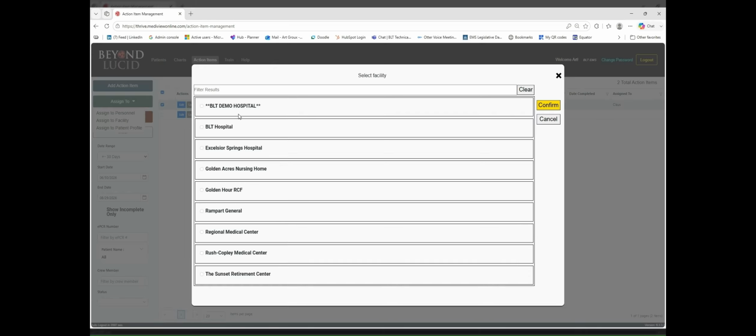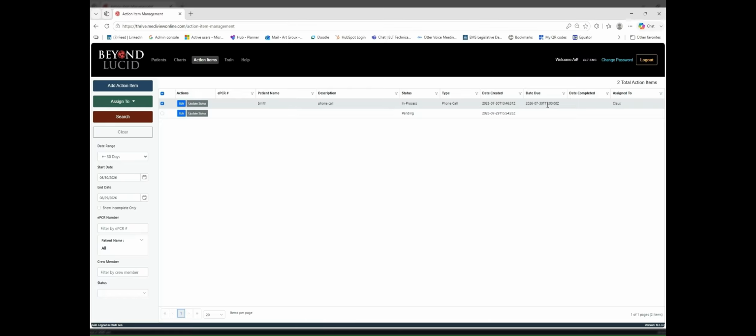So it will pull up a list. So if I want the MIH program that's coming out of Rampart to have it, I can assign it to them. So let's say I don't know who the provider is going to be that's going to hop on that. I can just assign it to the facility. I could also assign it to a station. So if your MIH program is coming out of multiple facilities or multiple stations, under those facilities, we can add in stations and you can assign it to them as well. Now, we can also assign it to backup,